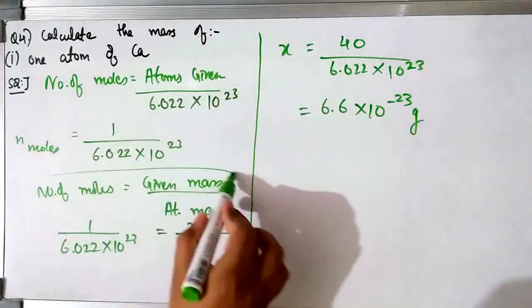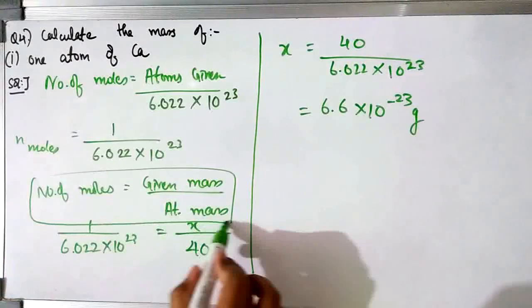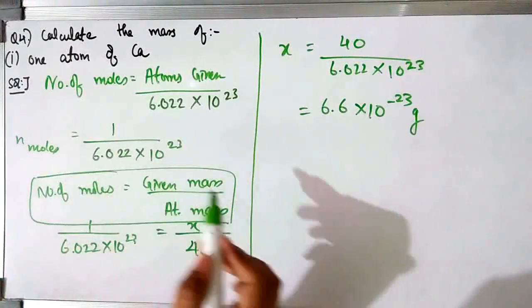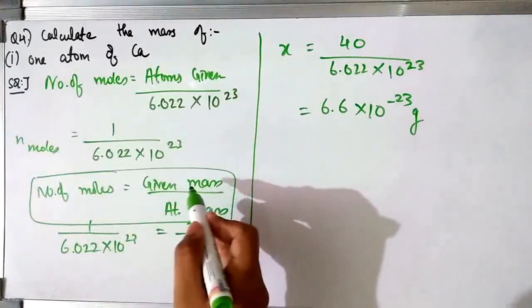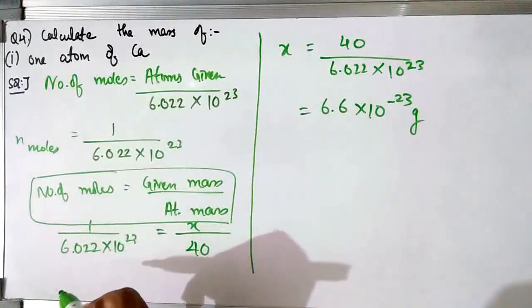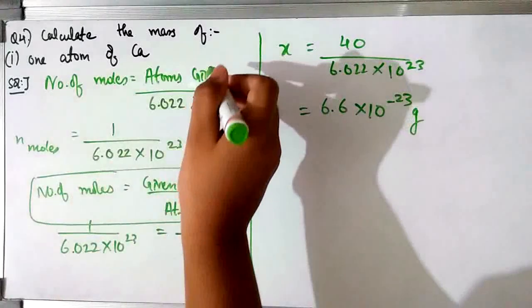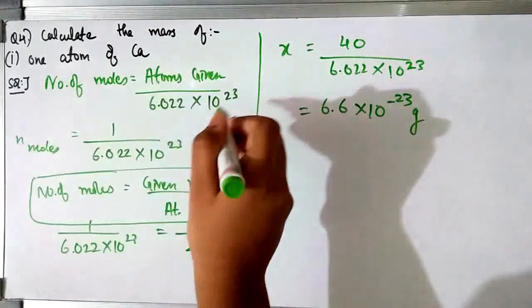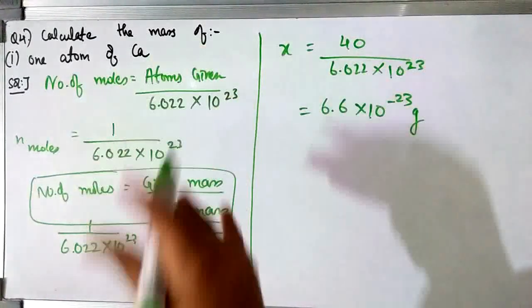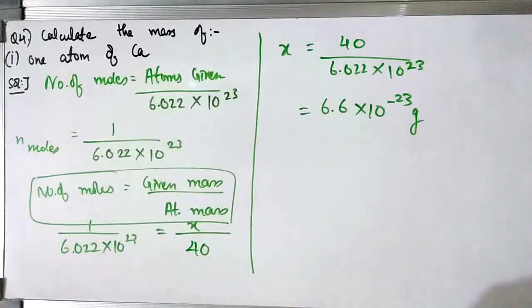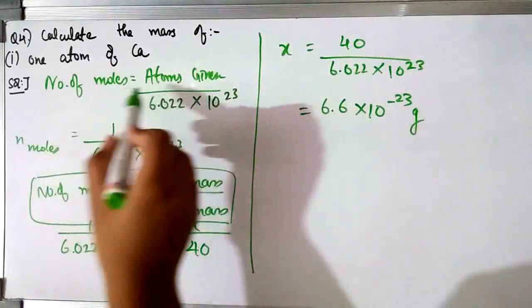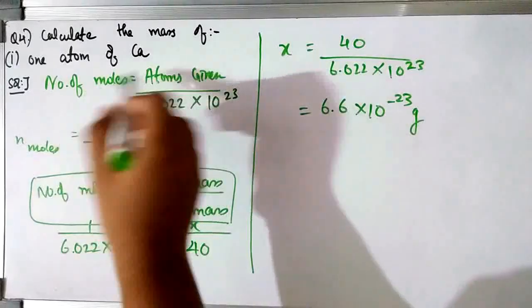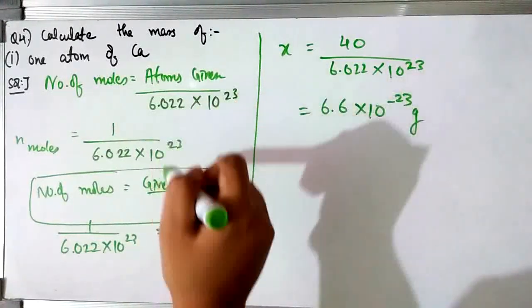Look, when we had to find the mass of one atom of calcium, we thought about this formula in our mind, that we know the atomic mass. If we get to know the number of moles, we can calculate the given mass. But for that, we have to get the number of moles. So for getting the number of moles, we can use this formula where the atoms given are divided by the Avogadro number. I told you about the three formulas in the starting. So be very thorough with those three formulas, because they're going to be used in each step. So we use one such formula from that, where number of moles is equal to the atoms given upon the Avogadro number.